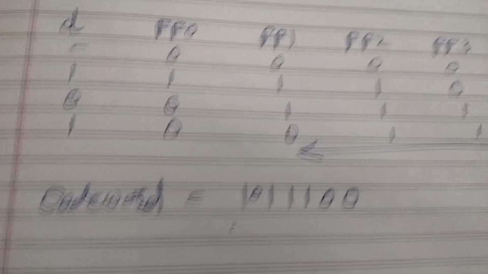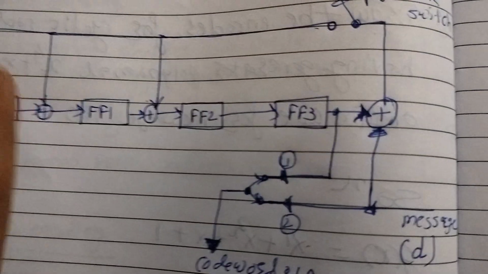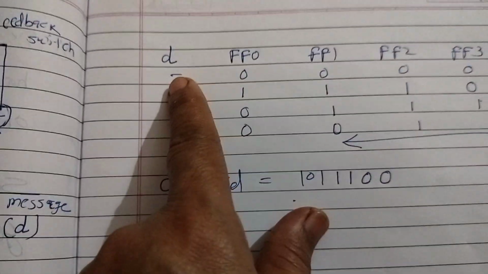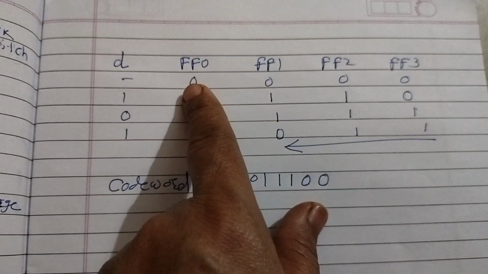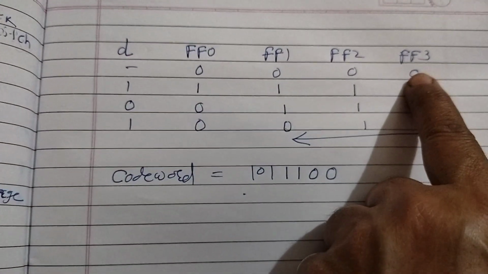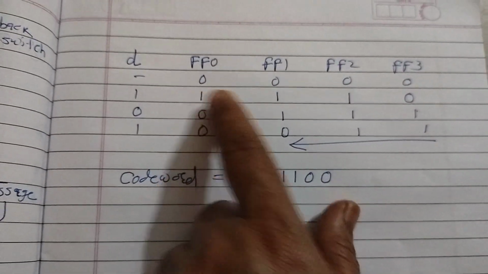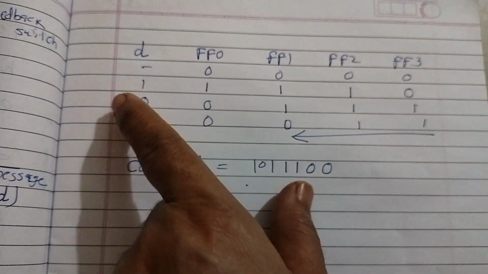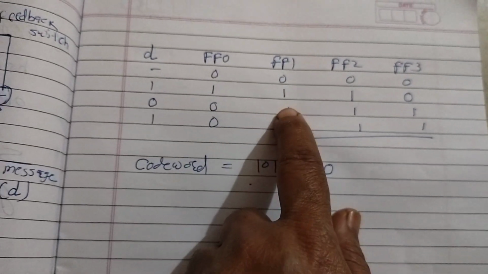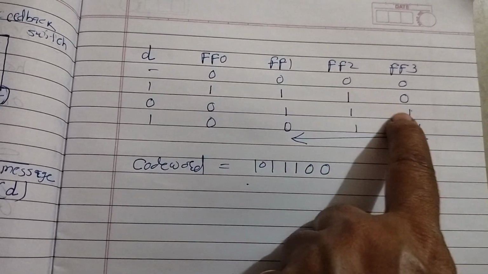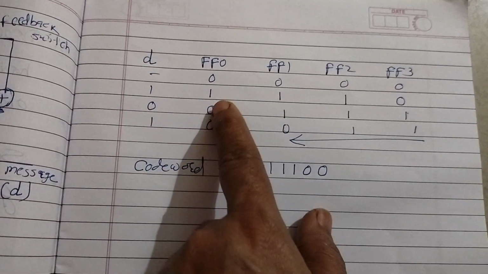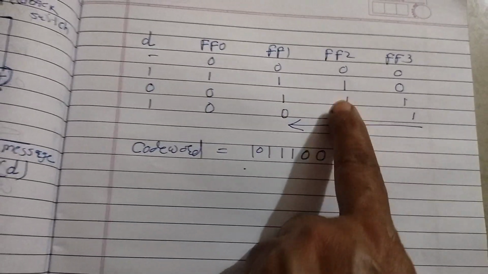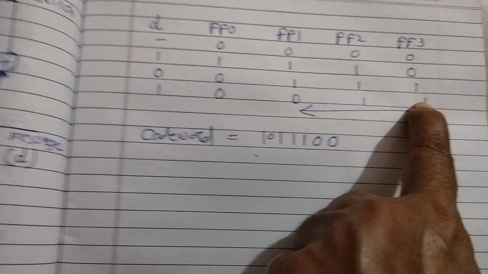So let us do one practice with this same encoder. Now D is 101. So firstly, data is not there, so initial condition is four 0s. Now you know that 0 plus 1 is 1, 1 plus 0 is 1, 1 plus 0 is 1. This 0 will appear here. Then this 0 plus 0 is 0, 0 plus 1 is 1, 1 plus 0 is 1. This one will appear here. Then 1 plus 1 is 0, 0 plus 0 is 0, 0 plus 1 is 1, and this one will appear here. So code word then is